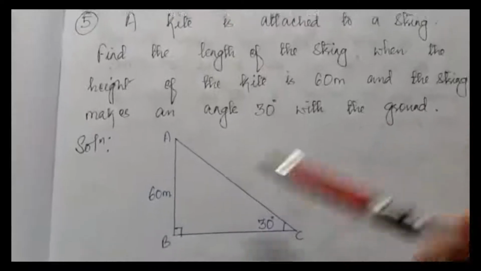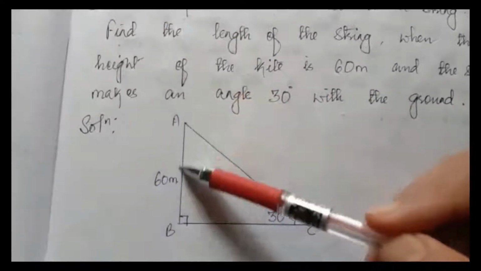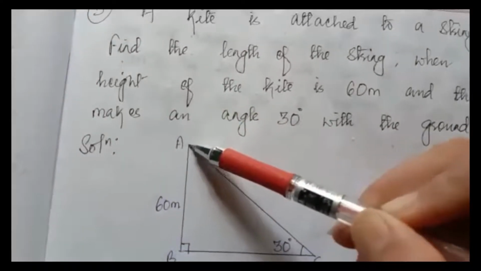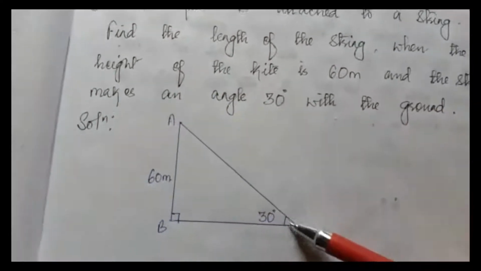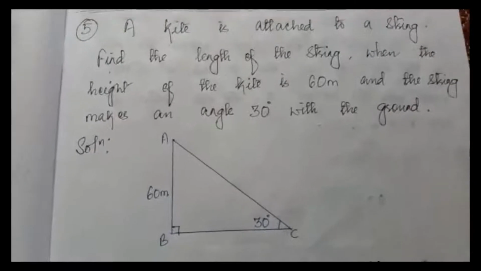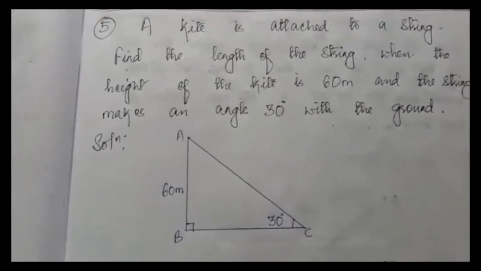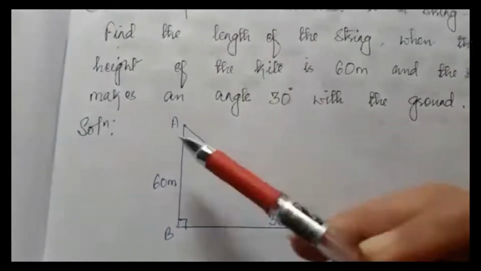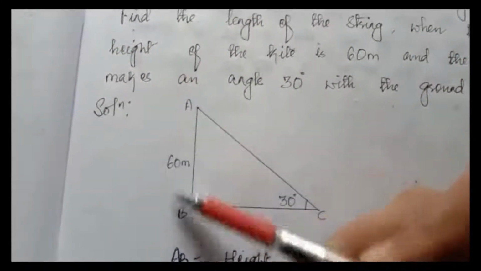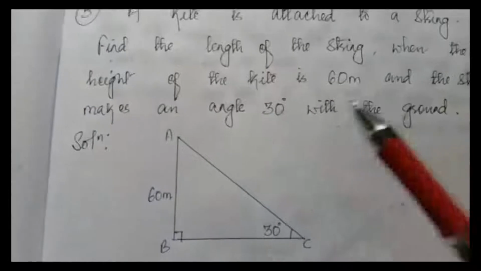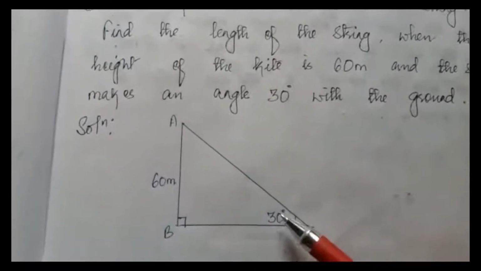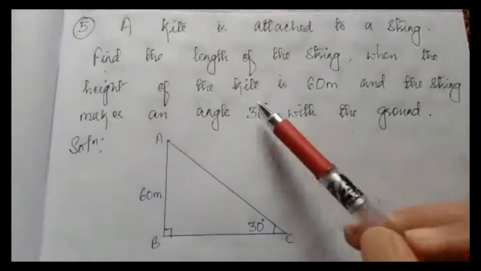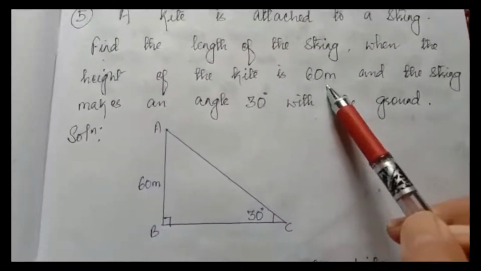Now here first you make the height of the kite from the ground. This is the height. Suppose here is the kite, so this will be the string. You know how to fly a kite, how it looks like. So this is the string of the kite. Kite is here and this is the vertical distance from the ground, and the string of the kite makes an angle of 30 degrees with the ground, and the height of the kite is 60 meters. You have to find